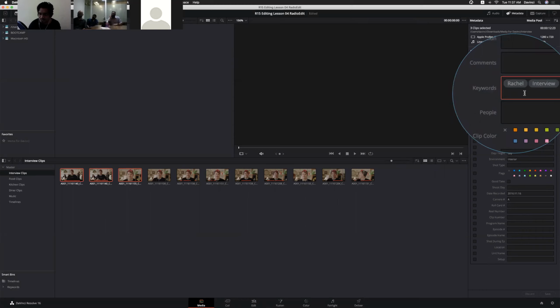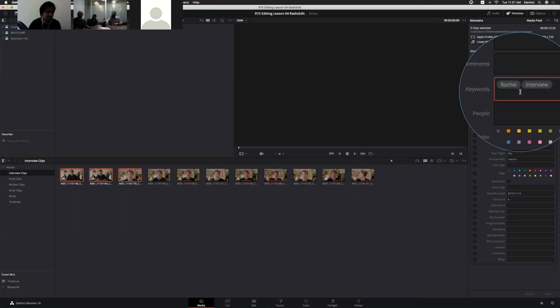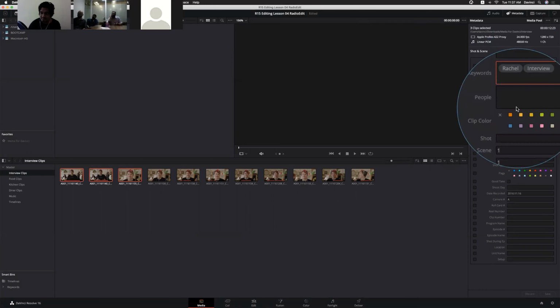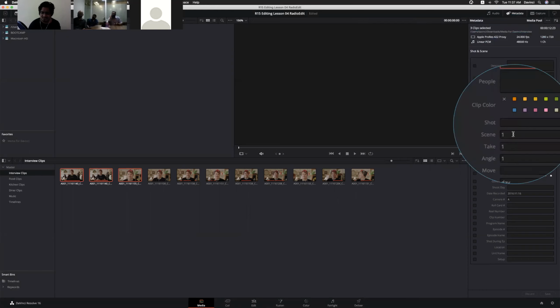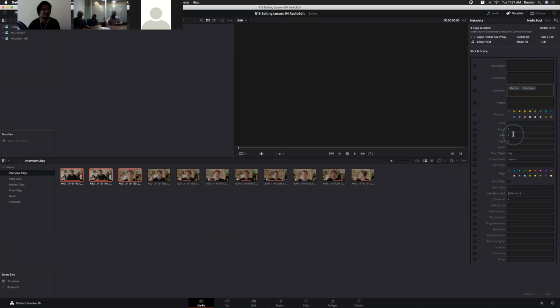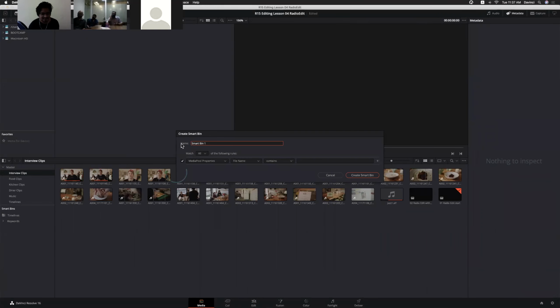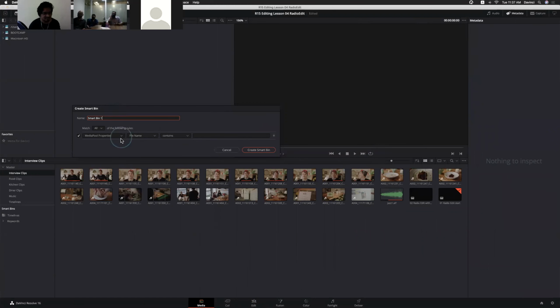By using these keywords, or maybe people, comments, descriptions, by using any of these options, we can create a smart bin, right? Simply under the smart bins, right click, add smart bin. From here, select the media pool properties wherever you added metadata.